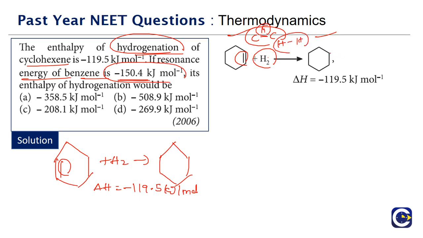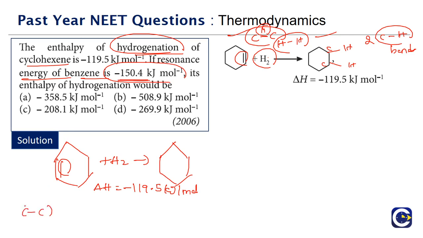Product side, in place of both of them, what we are getting here is one carbon-hydrogen bond, and here one carbon-hydrogen bond. We are getting two carbon-hydrogen bonds. So if you look at it, how do we represent this delta H? It is the bond enthalpy of the reactants minus the bond enthalpy of the products, correct? So it is nothing but what?